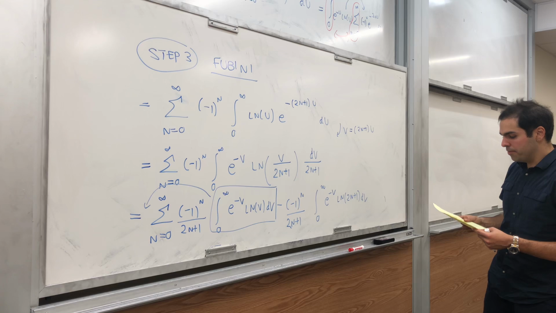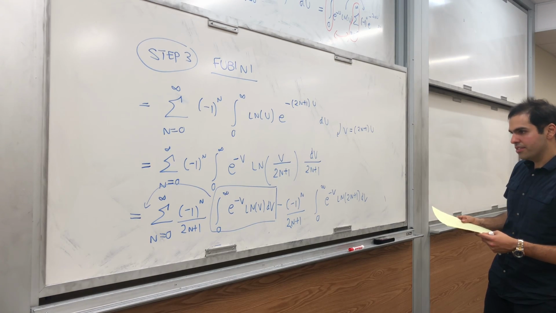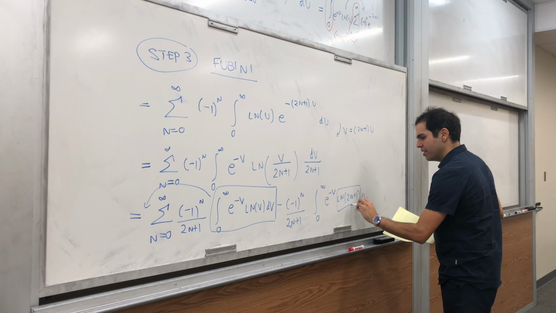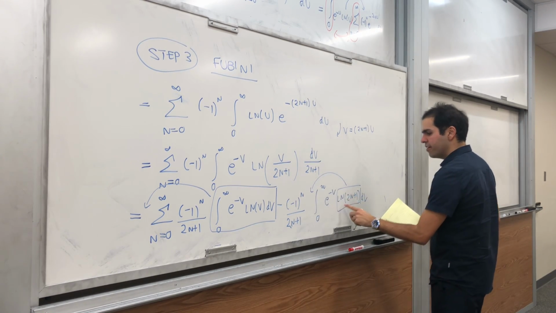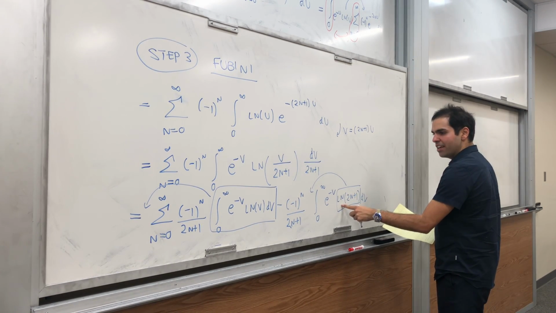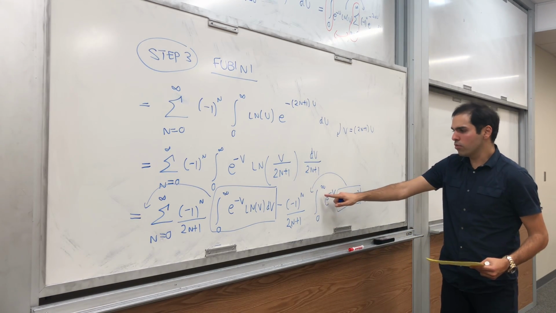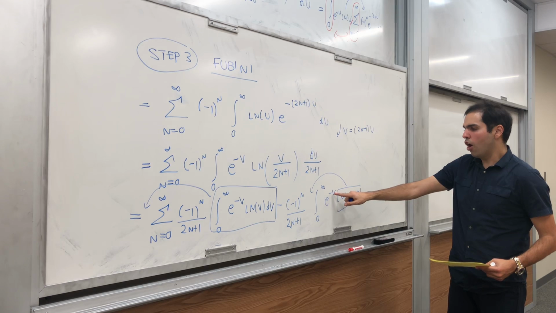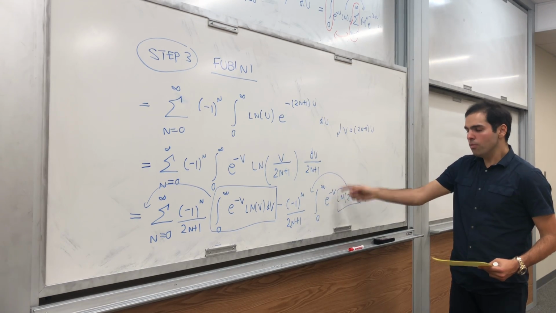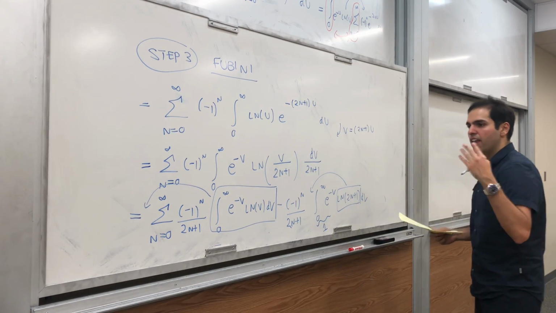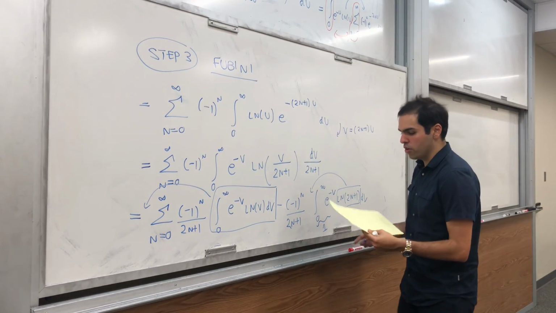And also here, this term doesn't depend on v at all, so we can pull it out, and then we're left with the integral from 0 to infinity of e to the minus v, which is just 1. So this integral is 1, and then all we're left with are three terms,